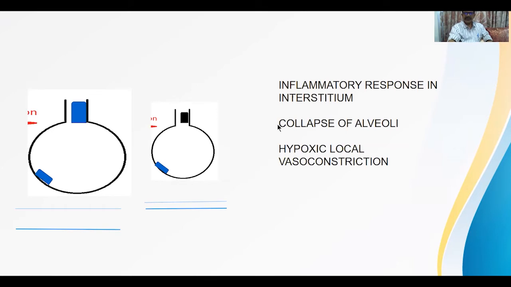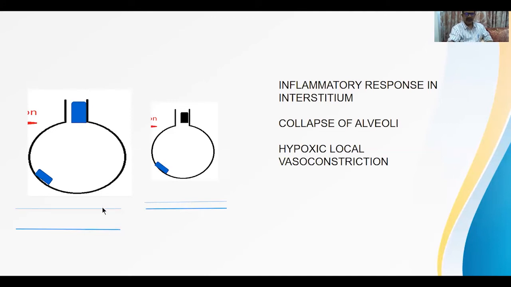What is not that straightforward is the last word, that is hypoxic local vasoconstriction. We have to understand this hypoxic local vasoconstriction in detail, because some COVID patients present with distress and no hypoxia, and some patients present with hypoxia and no distress. So this particular peculiar patient is going to present with distress but no hypoxia. Why does hypoxia not happen in this particular group? If you see only saturation, we'll think that saturation is good and reassuring, but no, this patient can actually be having ongoing COVID. So how is hypoxia prevented here?